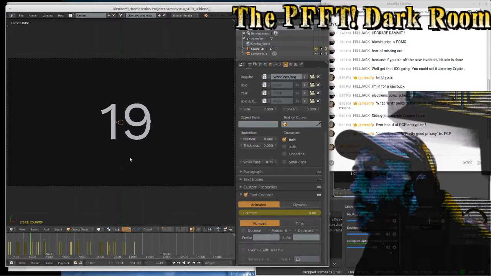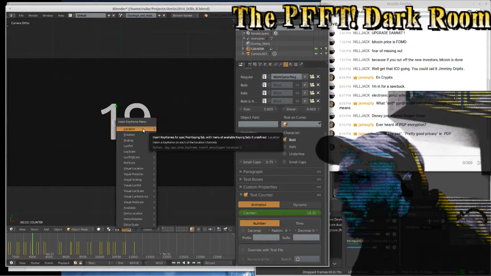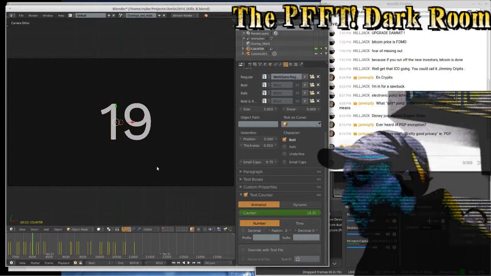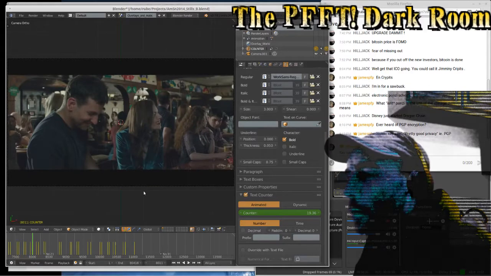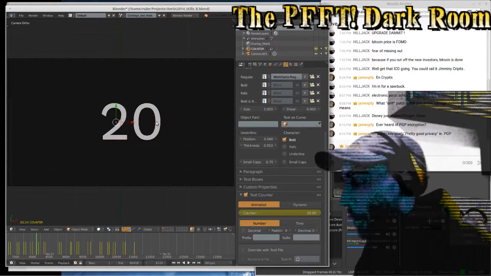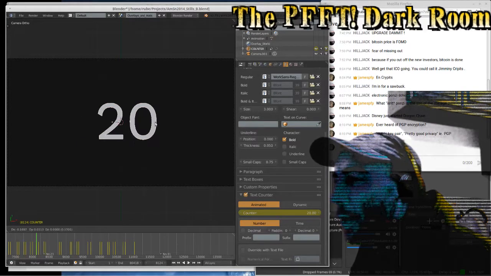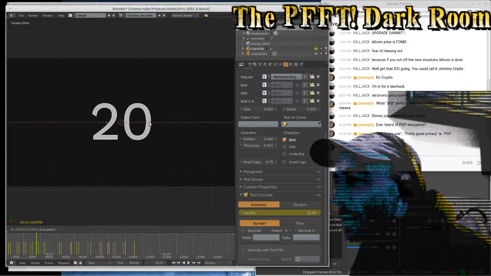So 19, I go back a frame. I go to insert a location, keyframe there. Go forward to where 20 is. I'm going to grab it now and slide it over on the x-axis.